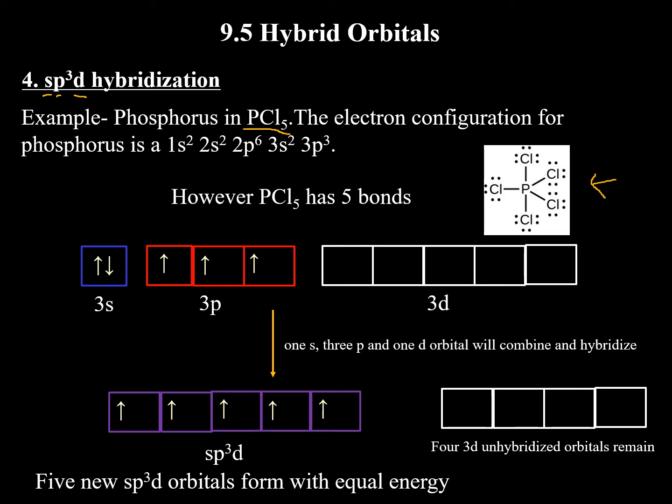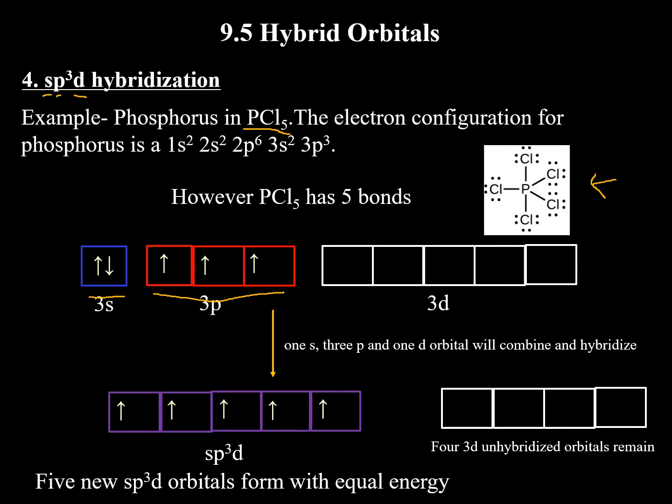We focus on the central atom, and if we look at the phosphorus, the electron configuration is 1s2, 2s2, 2p6, 3s2, 3p3. However, we know in PCl5 there are 5 bonds. So how do we explain those 5 bonds? Well, we have to include the 3d orbitals, which are